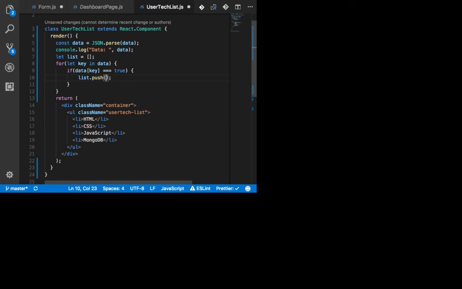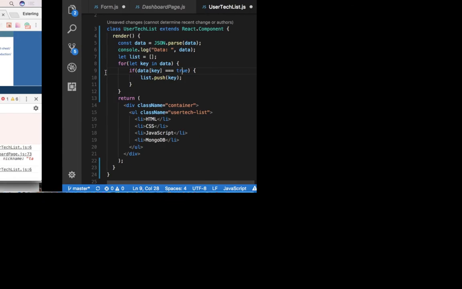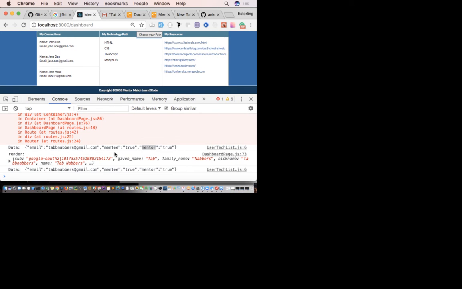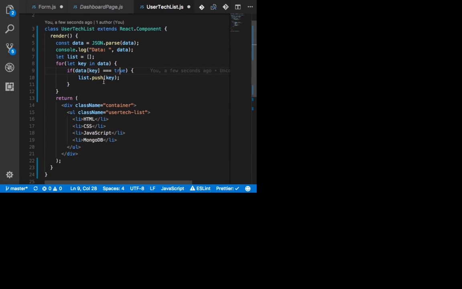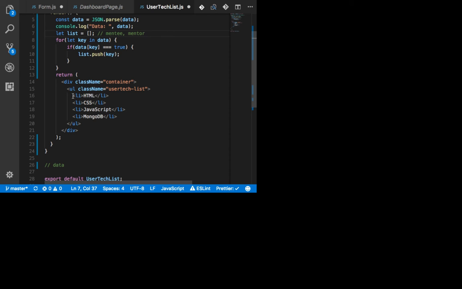Push the key, because it sounds like the one we want is the key, not the value. So we're going to push every key inside this array, and this array is going to be something like mentee and something like mentor. And now once we do this, inside our React down here, we can just do this.